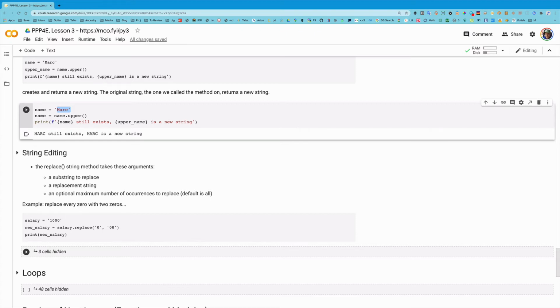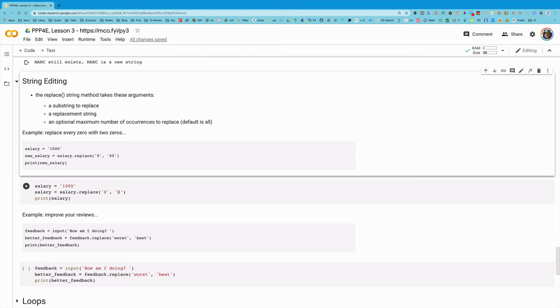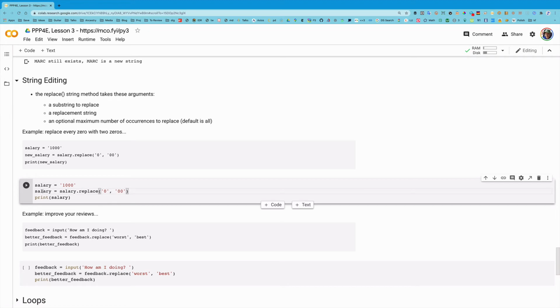There's another useful capability in strings, another string method that's quite useful, which is the replace method. Replace lets you say every occurrence of string A, replace it with string B. So in this example, I'm saying my salary is 1,000, not saying what unit or what time frame that is, but I'd like to replace the zeros with 2 zeros, which seems like a nice thing to do. So if I run that,